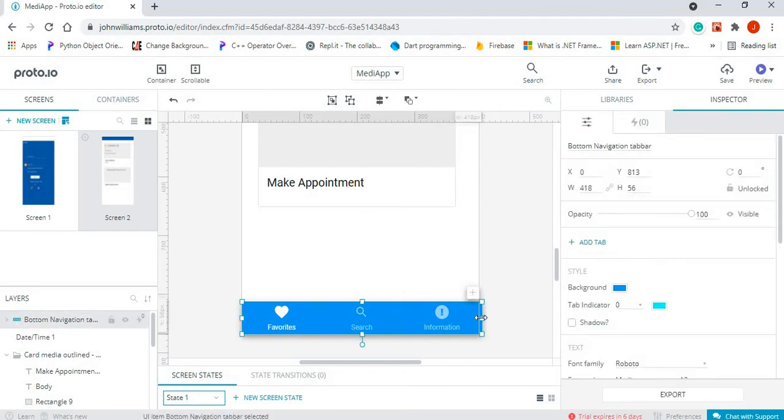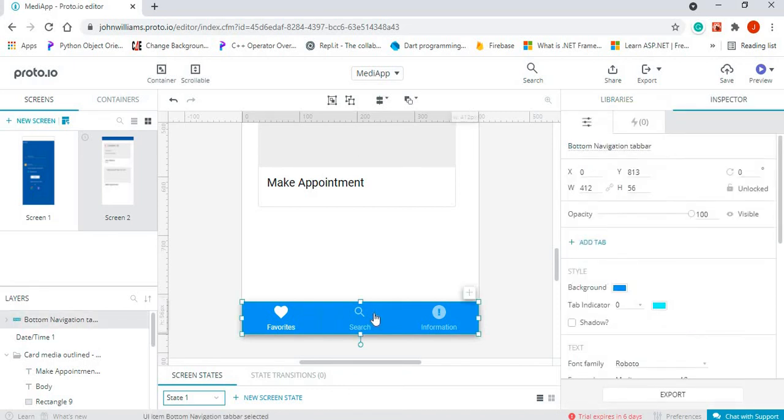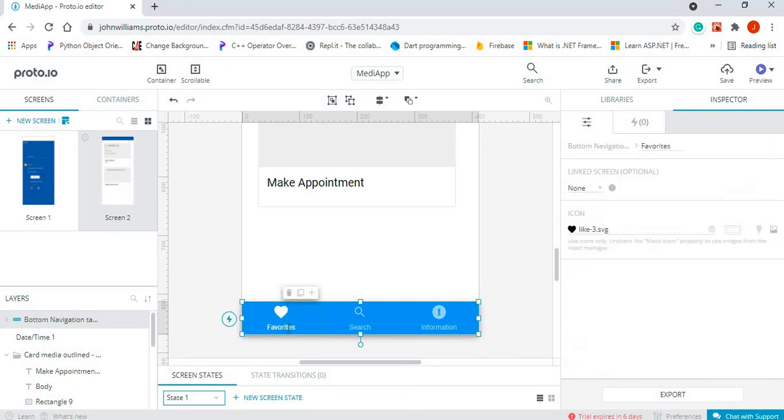Alright, so the wonderful thing about this is you can actually now go ahead and let's say you want to add additional icons to your tab. We can go ahead and do that. So we just click on our tab. There's a plus here, which means that we can add more to it. If we click on a particular option, then we